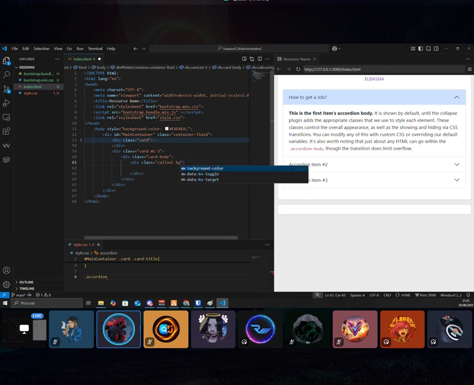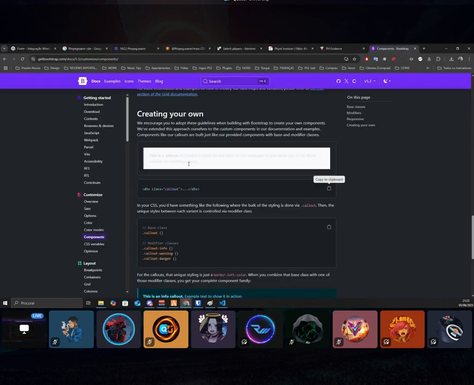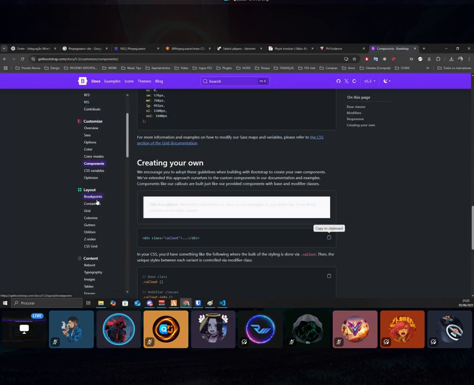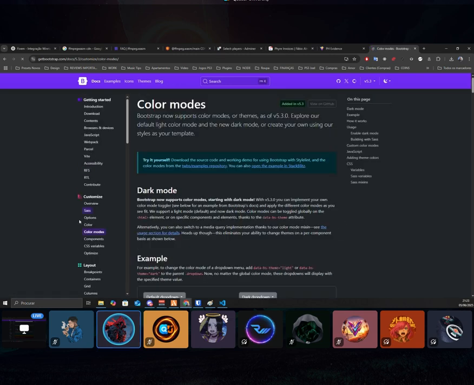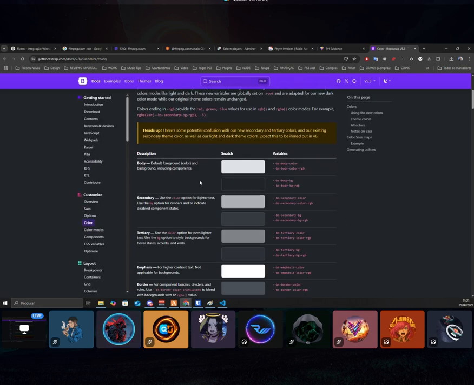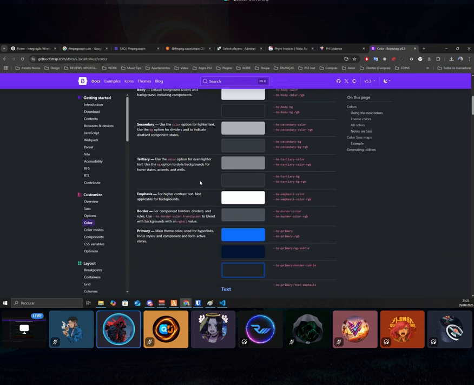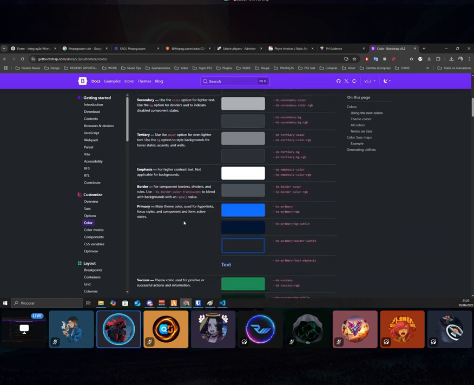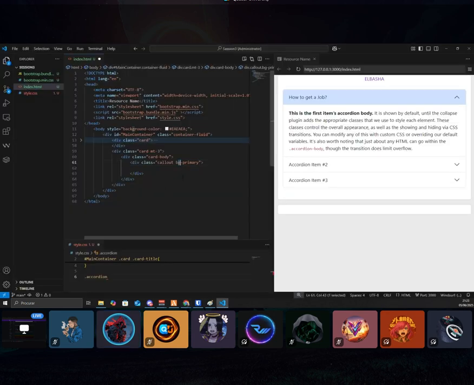But you can do something like background, primary. Whoa, they changed this. In the past, you could do this. Color modes. Okay, body secondary. Oh, they call it BS. Really? It's not BS. Okay, but